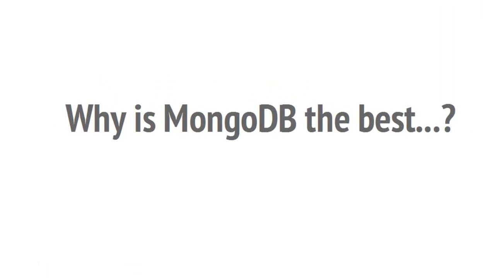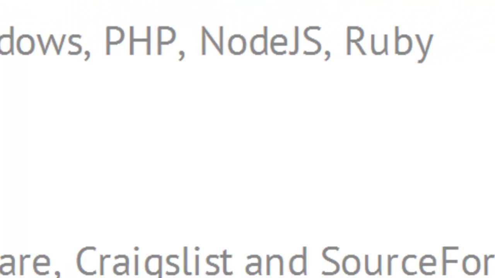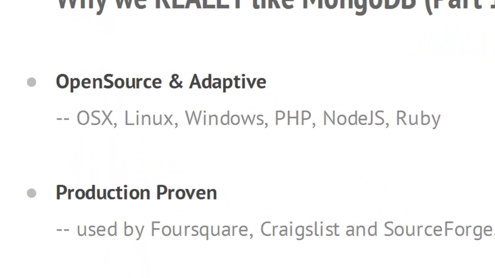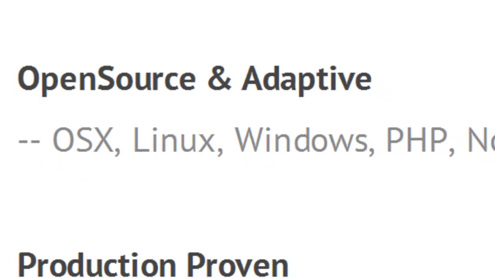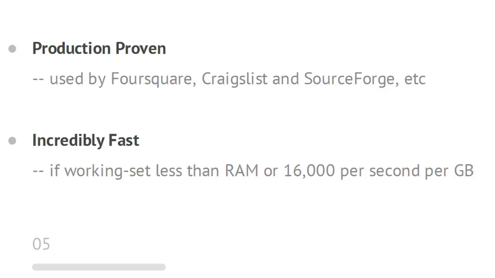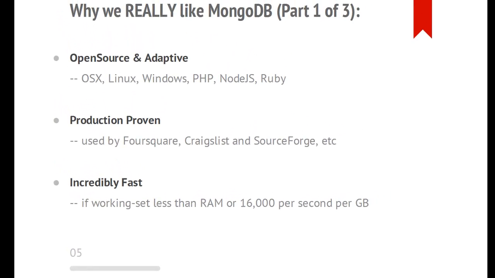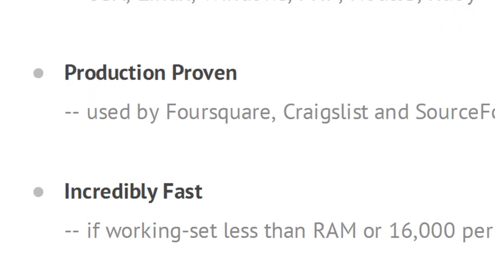As promised, we want to explain why we think MongoDB is the best of the NoSQL solutions currently available. Firstly, and most importantly, it's open source and adaptive, with servers available for OS X, Linux and Windows, and drivers available for PHP, Node.js, Ruby, and many more. It's production proven, and although NoSQL is relatively new, MongoDB remains the most widely adopted, used in production by Foursquare, Craigslist, and MTV, to name but a few. It's incredibly fast,